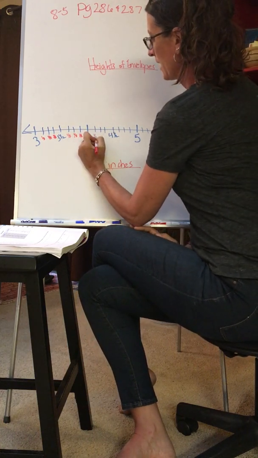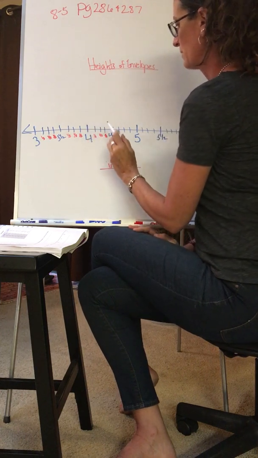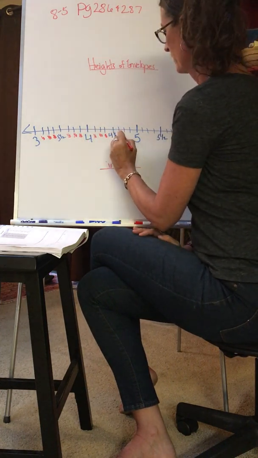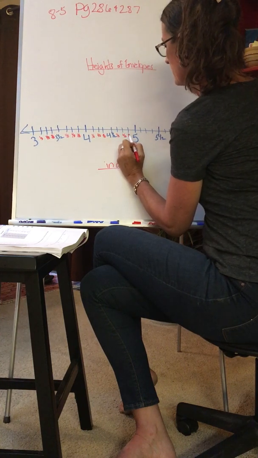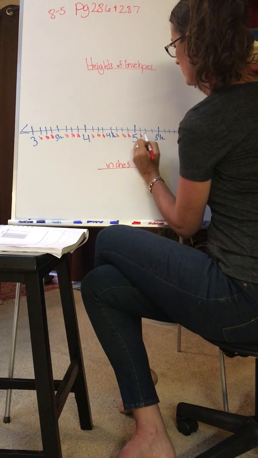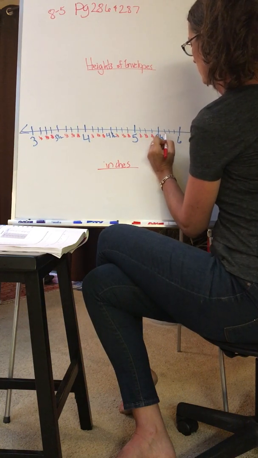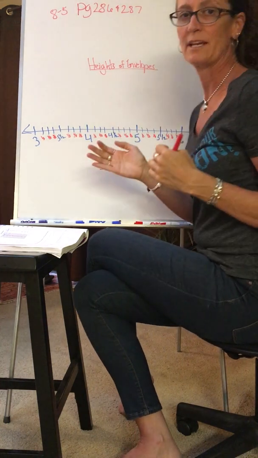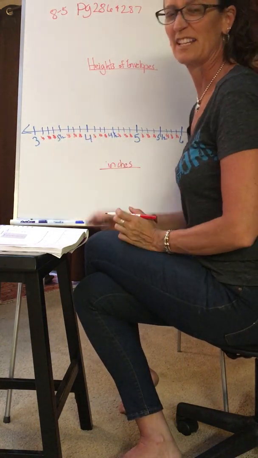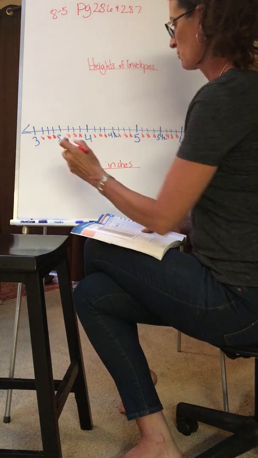And I'm going to do it again. It might be hard to read because I'm having to write so small. Sorry. 5/8, 6/8, 7/8. That will really help me when I'm plotting my data so that I don't accidentally put it in the wrong spot. Okay, so the first one I have is 3 1/2,